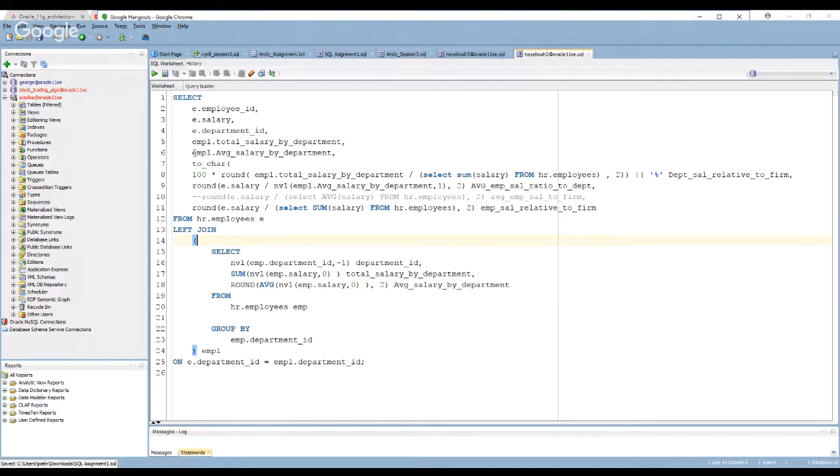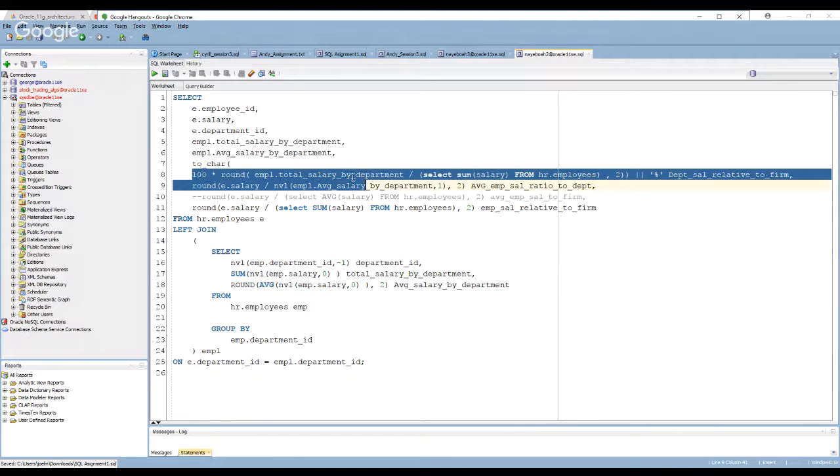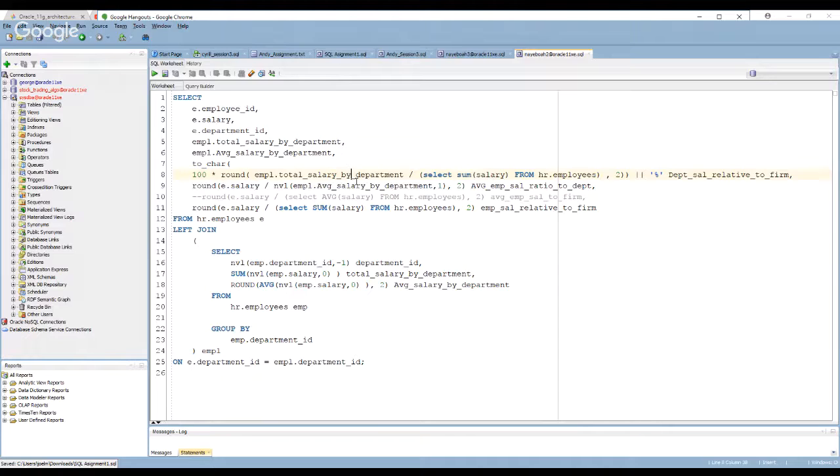To answer the first one, this query gives the total salary by department divided by the total salary, multiplied by 100 to find the percentage.